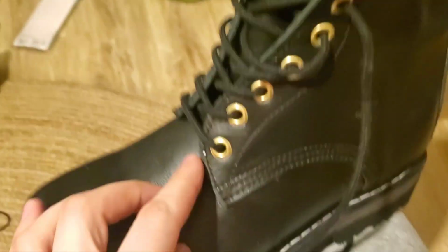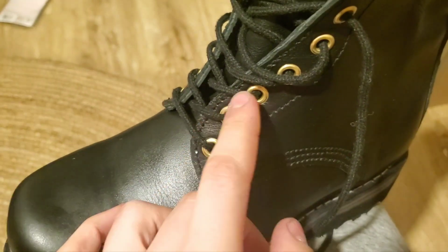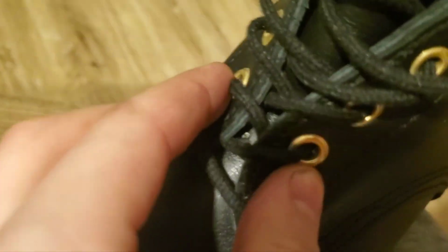Yeah, so I trimmed here so the laces can have room to